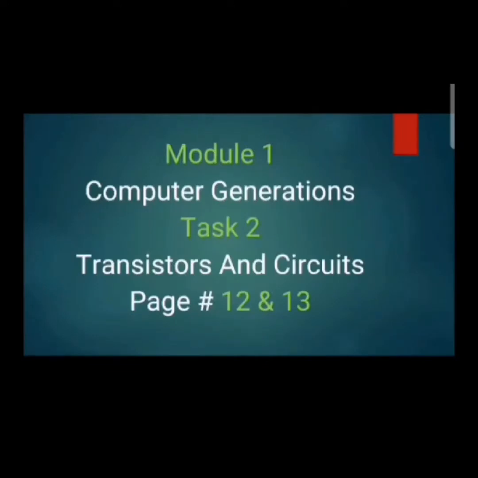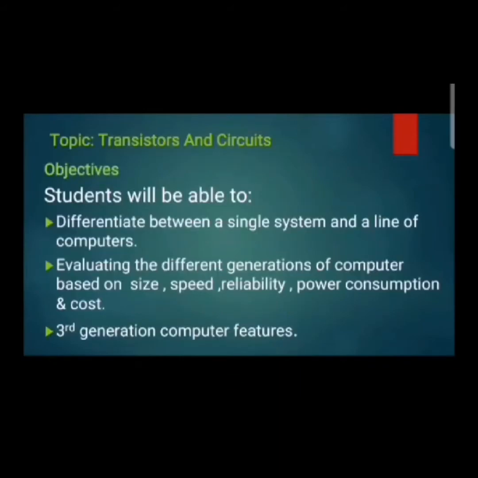Now open module number 1, computer generations, task number 2, transistors and circuits, page number 12 and 13. Here are the objectives.